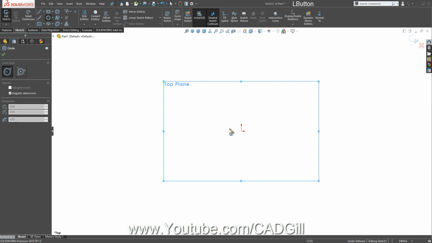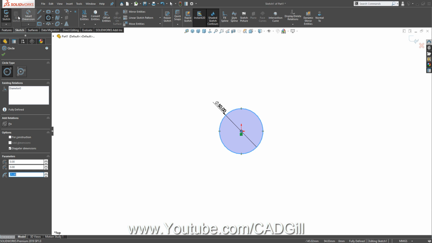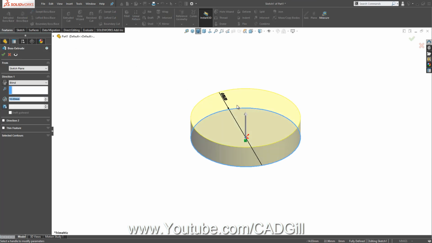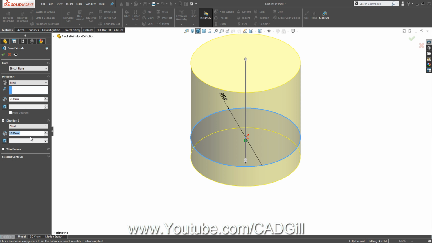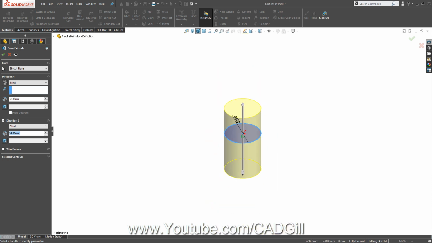Now circle and draw a circle of 50 mm, extrude it. Okay, 38 in upward direction, and in direction 2 it is 92 minus 38, 54 mm. Okay,